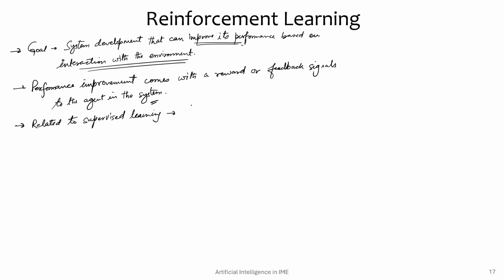Because of the reward system implementation. So, these rewards are nothing but some kind of labels, and when they are getting rewarded, they are trying to perform well in the overall system to attain their pre-specified goal. So, the agent